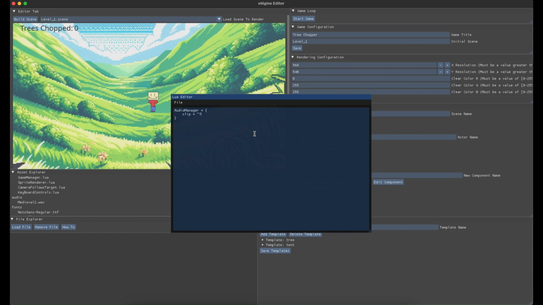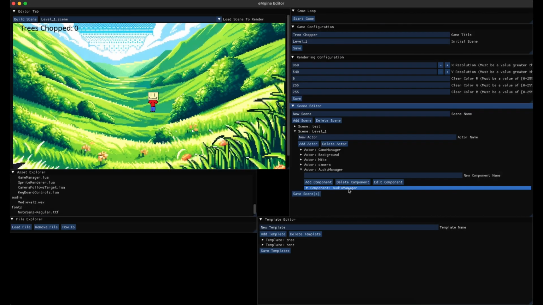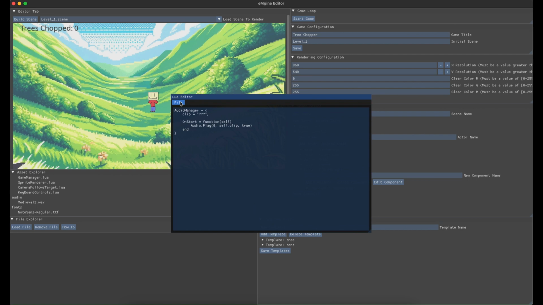So let's say this clip equals this right here. We want to do an onStart equals, and then let's do a function, self, and then we're gonna do audio.play, channel 0, self.clip, and then we want this to repeat. Do end right here, and then you hit file up here, you save the changes and close. When you hit close, it doesn't save the changes that you've made. So there we go. Go ahead and save this,